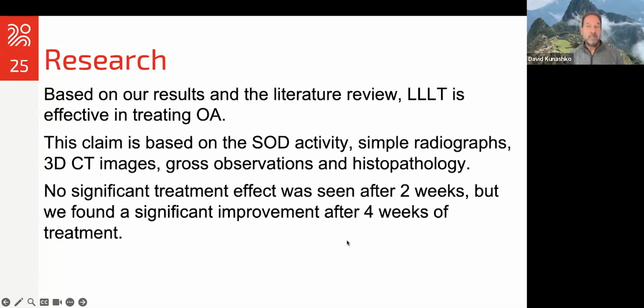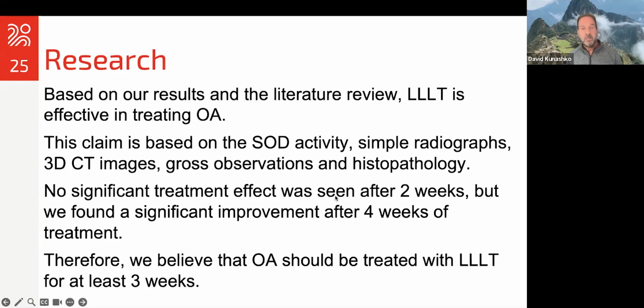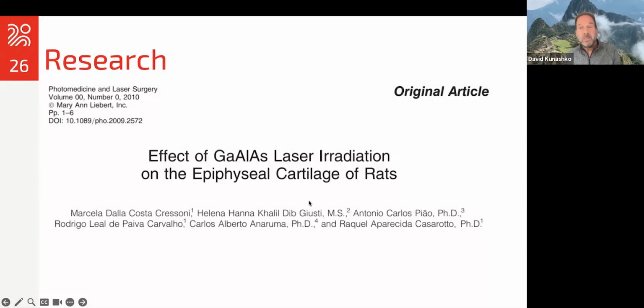If you're going to treat OA, it needs to be done consistently at least a month. And I'm going to talk about those guidelines, at least how I would approach it, shortly. So they concluded they believe OA should be treated with LLLT for at least 3 weeks if you want to see some improvement. Then there was this paper on the effect of gallium aluminum arsenide laser irradiation on the epiphyseal